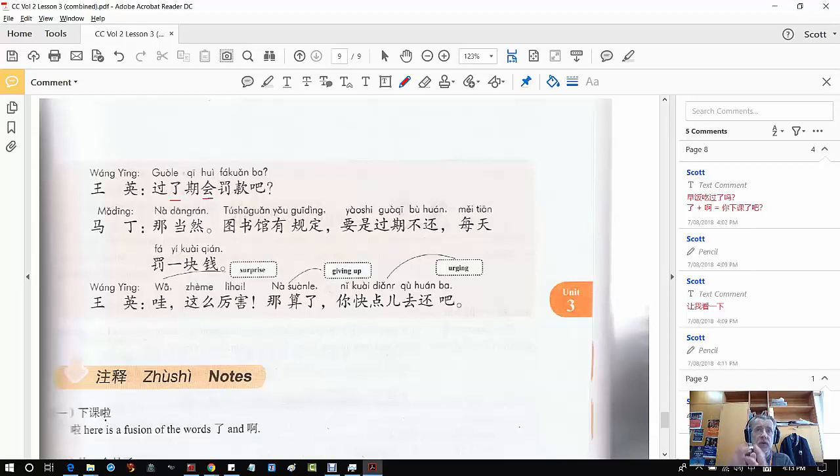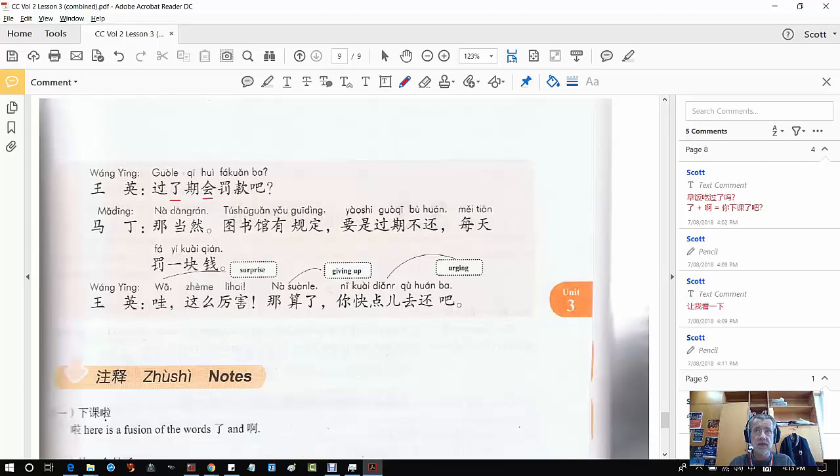Now I know we've learned 会 before to mean a learned ability, and generally speaking where it means that, it would be followed by some kind of verb which expresses some kind of learned skill. Okay, now in this case 罚款 is not a learned skill. So here the 会 means future possibility in a very strong sense.